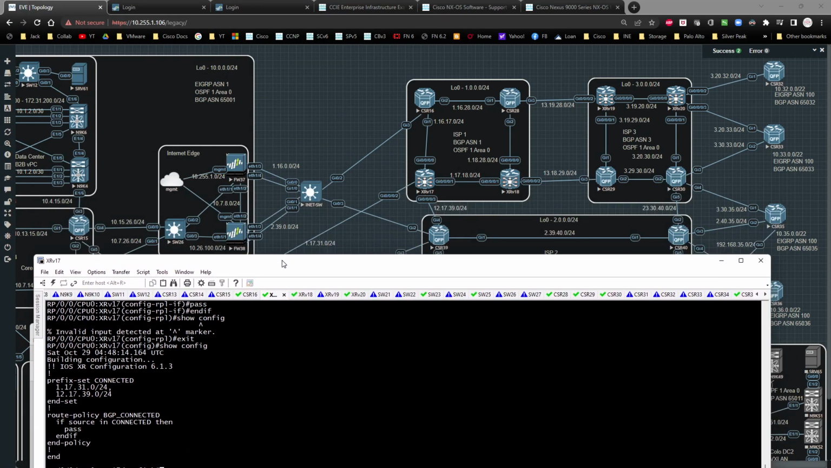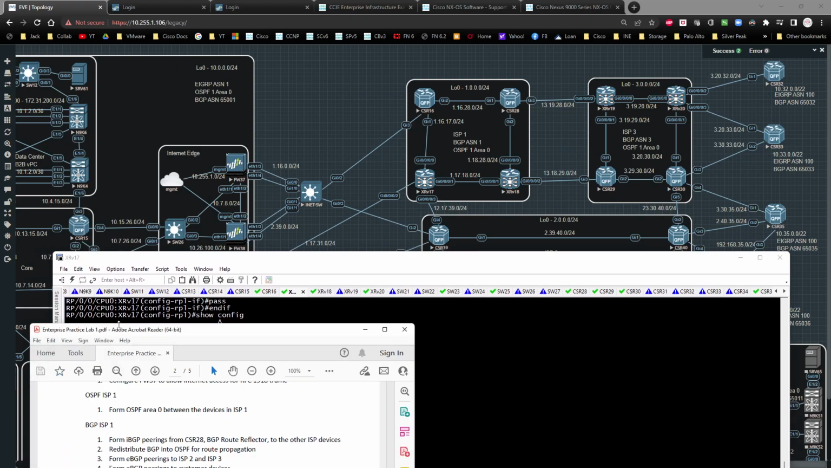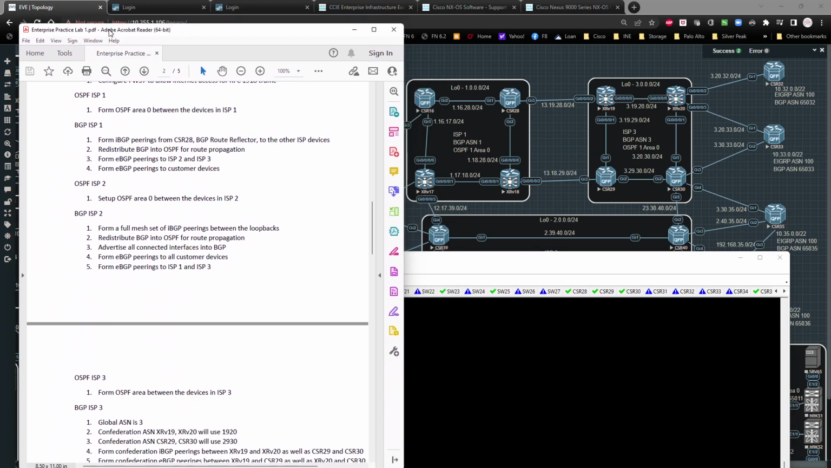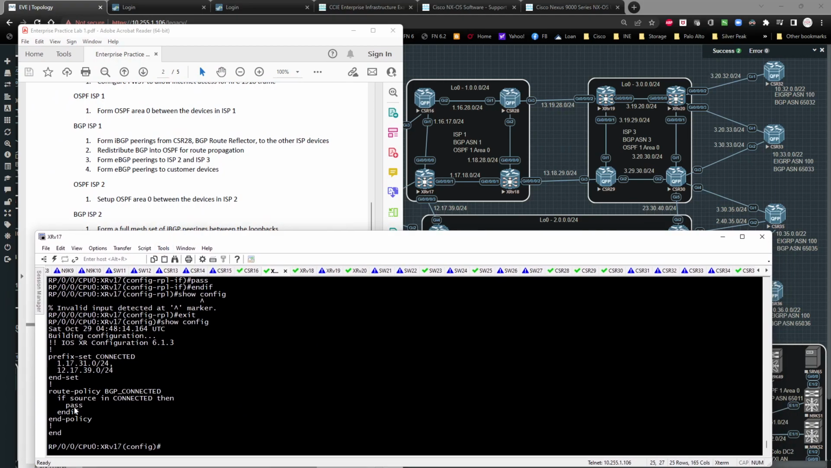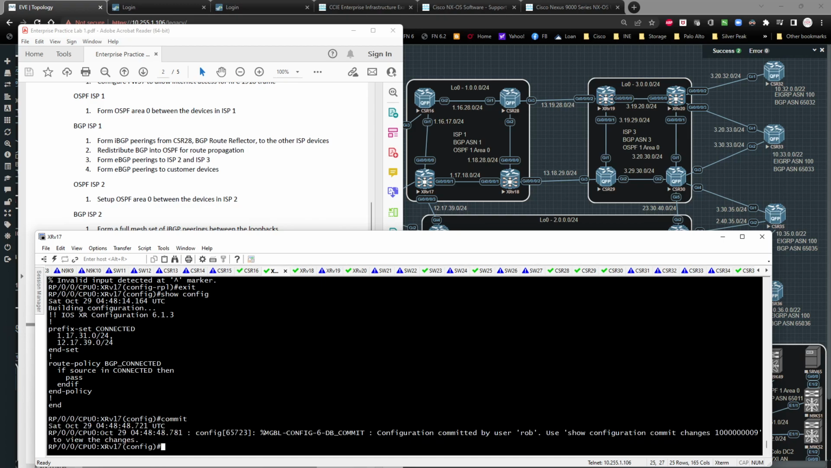Correct, it is. Let me go bring this back up here. So I'm going to go ahead and create a route policy that says BGP connected. If the source is in connected, so which it is, pass. End if, meaning I don't have any other policies to match on, go ahead and just pass. I'm going to go ahead and commit that config. And then I'm going to go to show run, do show run,